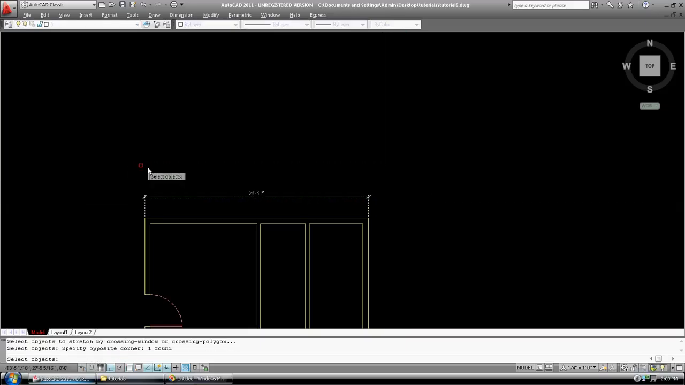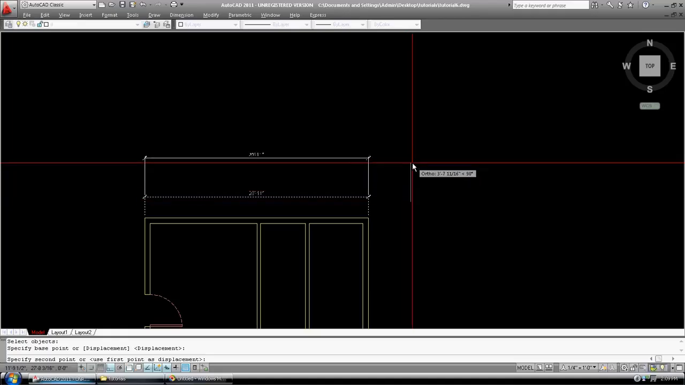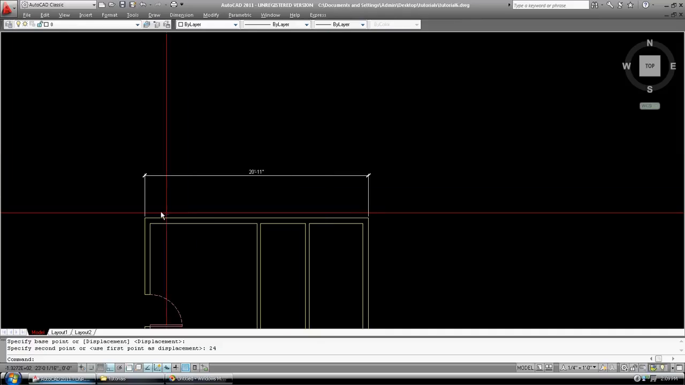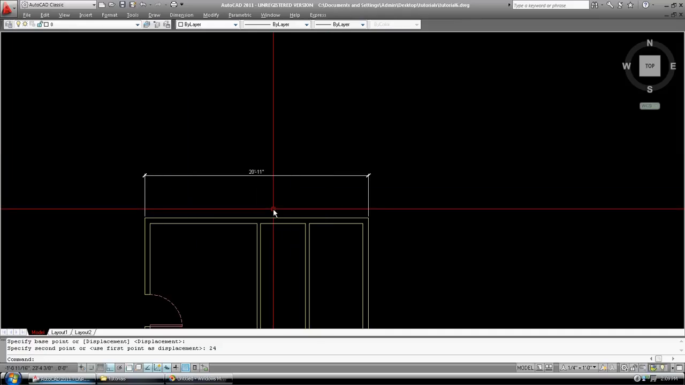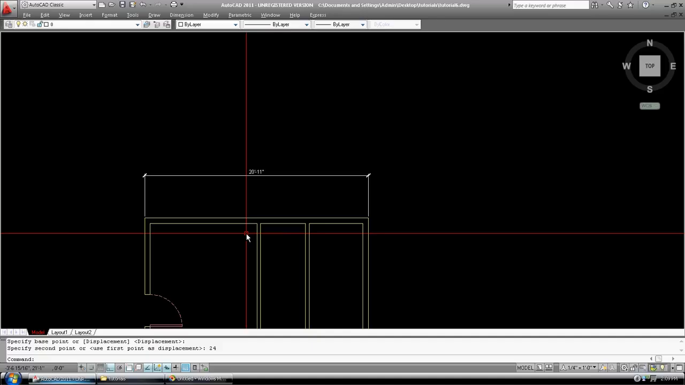Okay, and I take this and I go anywhere on the screen, and I just show AutoCAD the direction, and I just go another 24. Enter. Okay, I'm going to put another line in here. There's a number of ways of doing this. You can use O tracking. I know that O tracking is on,